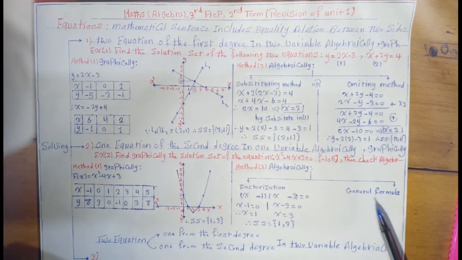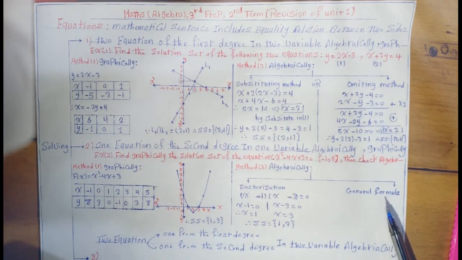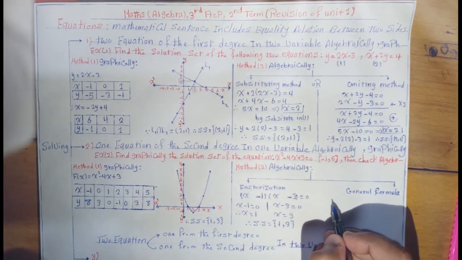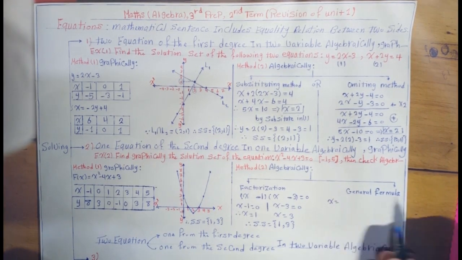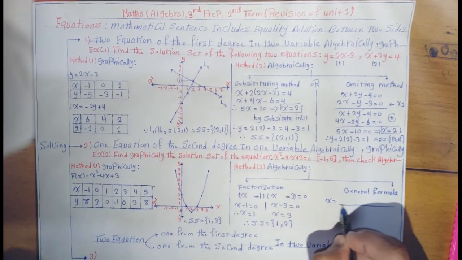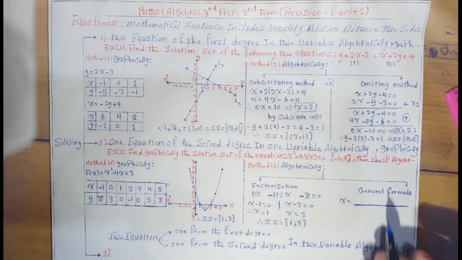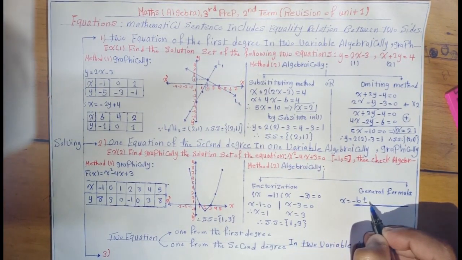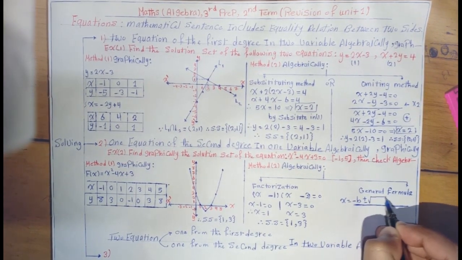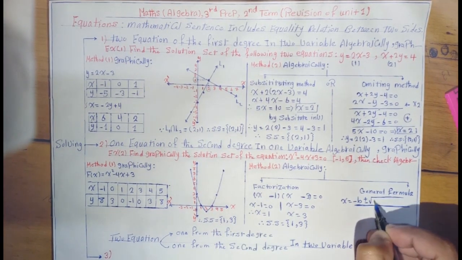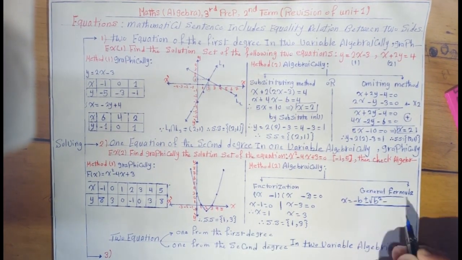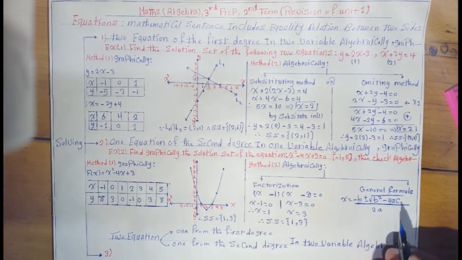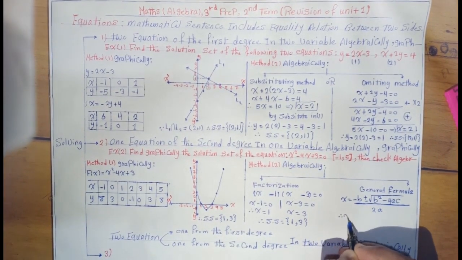Now, the second way, the general formula. Remember with me now the rule of the general formula. The rule of the general formula is x equals negative b positive or negative square root of b squared negative 4ac, over 2a. Yes, then x equals